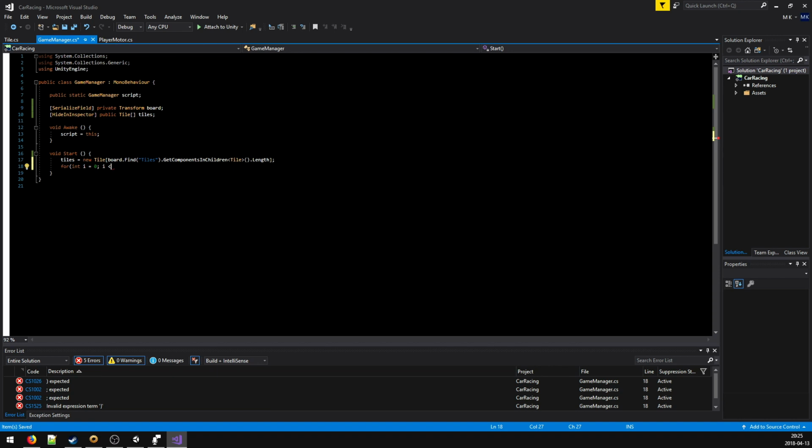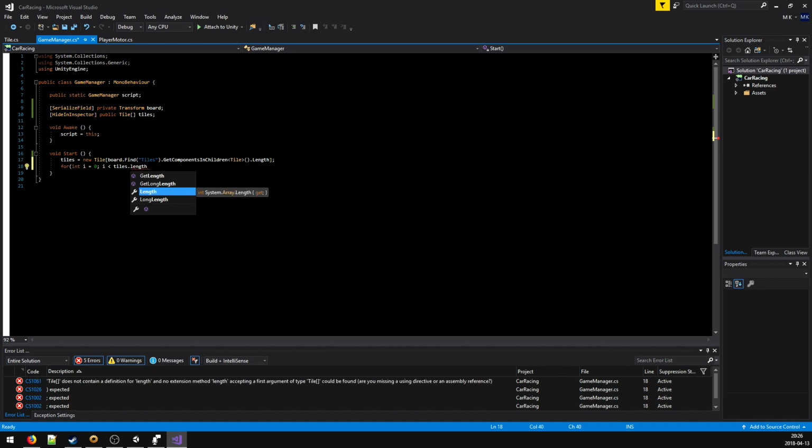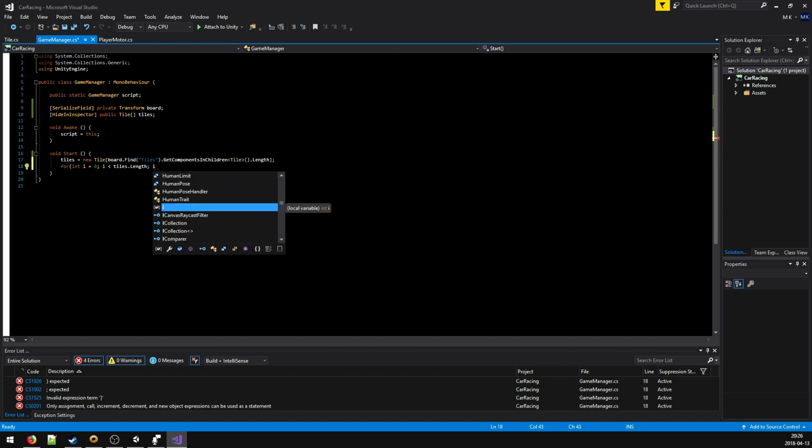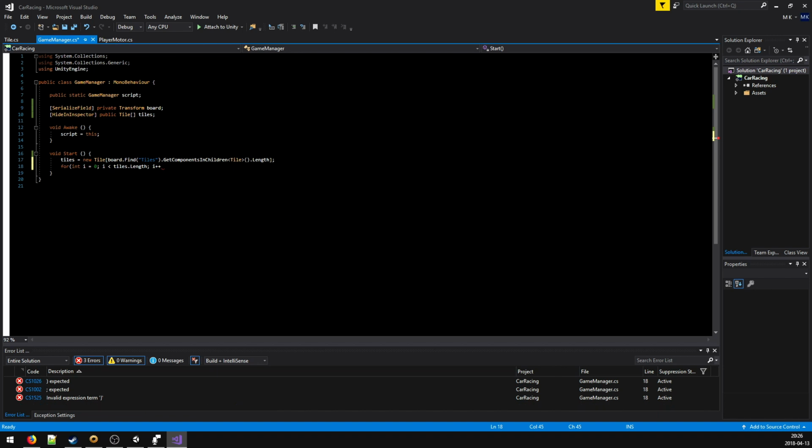Which is GetComponentsInChildren Tile, which is, no, we've already done that. Tiles, the variable we have. Yeah. Dot Length, I think it is, because it's an array and not a list. If it were a list, it would be dot Count. Okay, and now the last bit. That's easy. i++. Okay. All right, and now all we need to do is assign these tile elements. Okay, so it's going to be tiles[i]